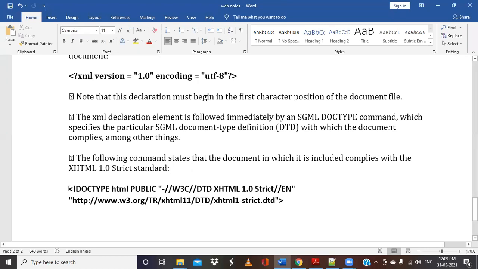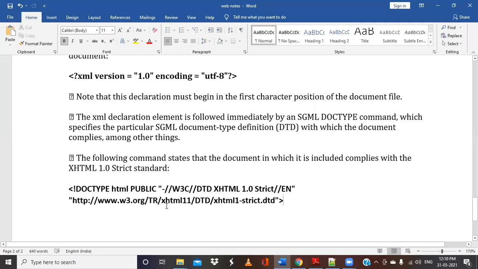So the following command states that the document in which it is included complies with the XHTML 1.0 strict standard. This indicates that we are going to use version 1.0 of XHTML, and we are going to use the strict standard that we can include here. And then here we have something that looks like a URL, HTTP and so on, but it is not a URL.